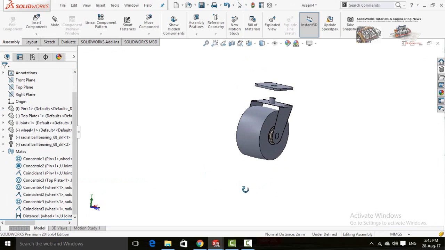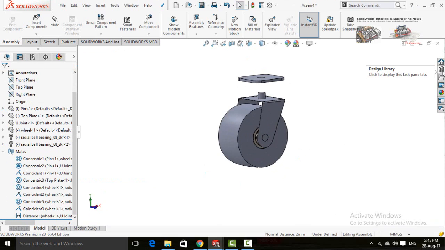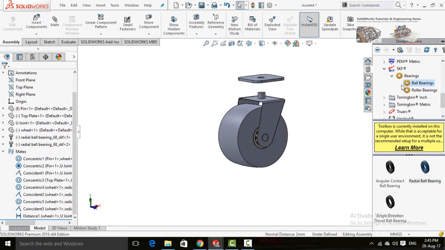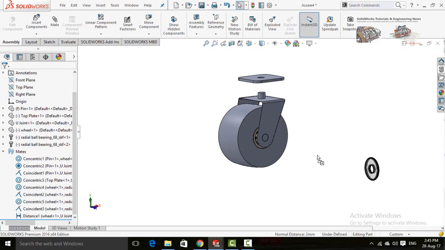Now it seems good. So again click on the design library button, and this time you have to scroll down and drop down this SKF and then roller bearings. From roller bearings, select thrust middle rollers and drag it to the assembly.